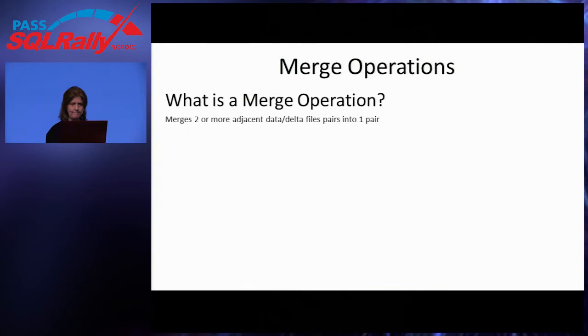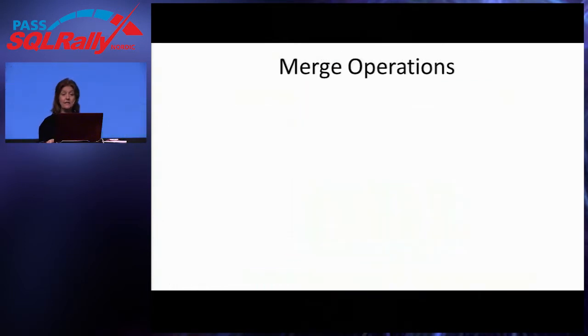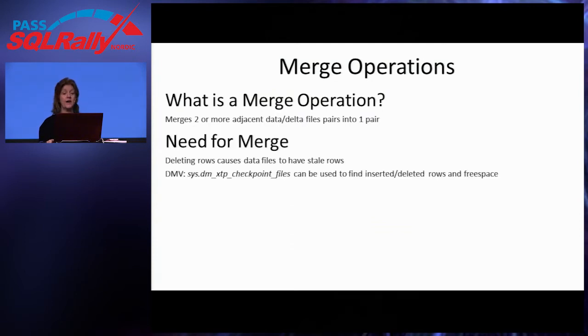I want to make sure I cover some of the most important things to be aware of here. We have another use of the word merge. We merge pages in the BW tree index as rows are deleted, but we also merge some of these files as the number of deletes gets too big. We don't want to keep around all these rows when a big percentage of them has been deleted, so we can merge adjacent files together. This not only saves disk space, but it also means that the recovery process can be a lot faster.